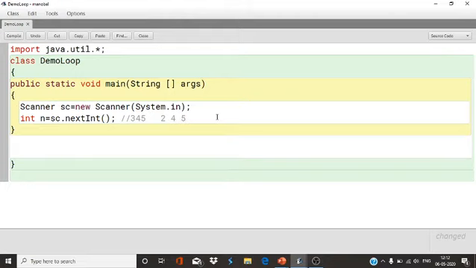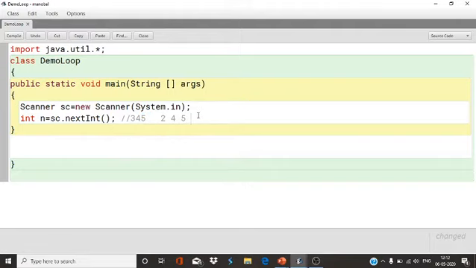How will we do this? First we have to print the digits. You can print 5 4 2, or 2 4 5, or 4 2 5. Nothing is mentioned here, so you can print in any order. Now to take this value, suppose I divide this by 10. Then if you divide this number by 10, what will happen? 24.5, and the 0.5 value will be removed, that will be the remainder.